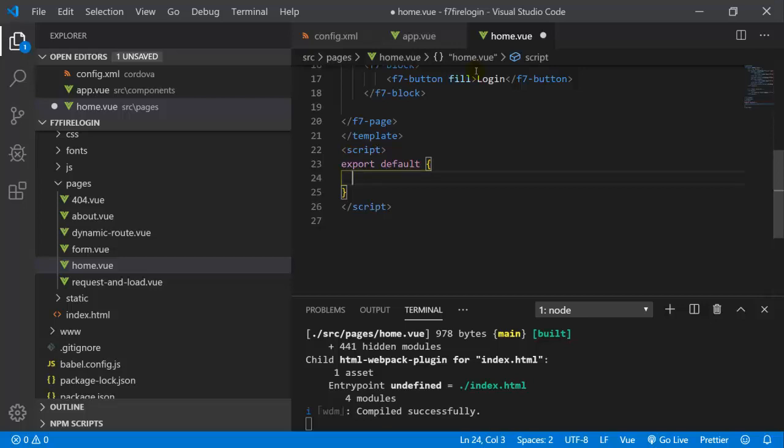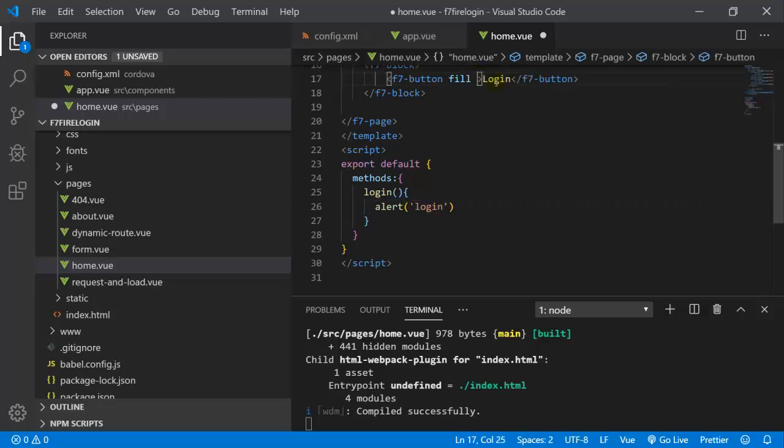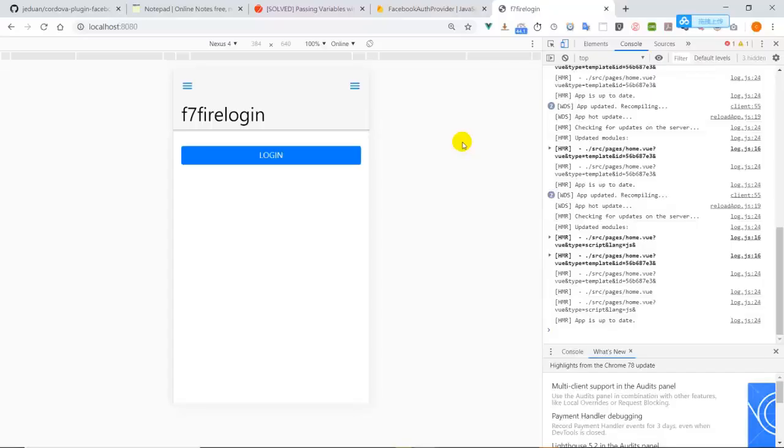And now we type the methods here. And we type login, and we try to alert something here. So we are going to bind this button with the login function. And we can try to see whether it can bind properly. And now you can see it pops up the login alert. So we can continue to